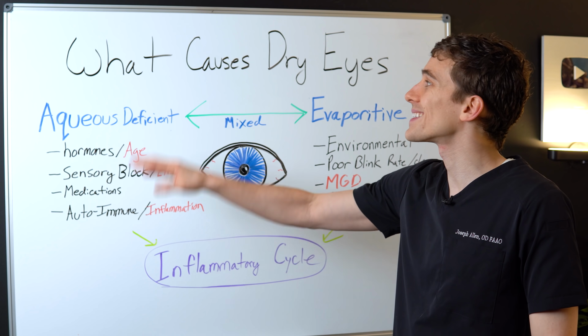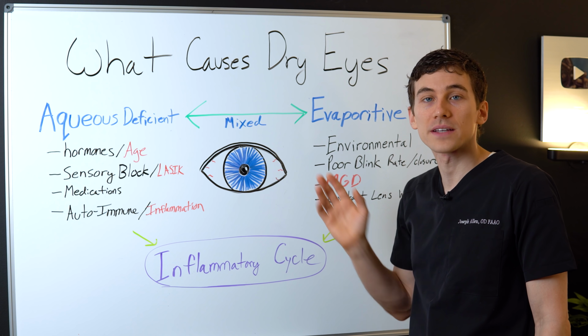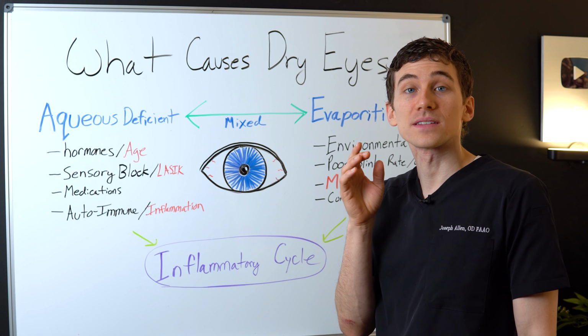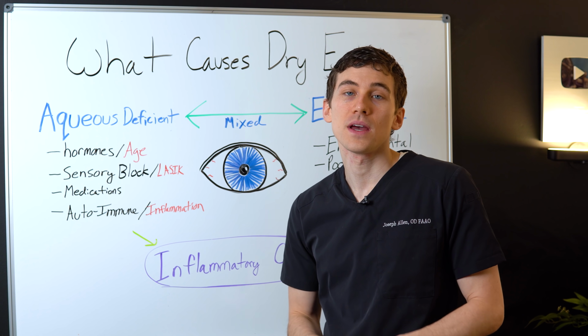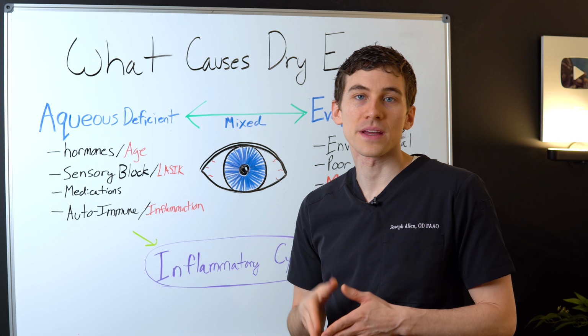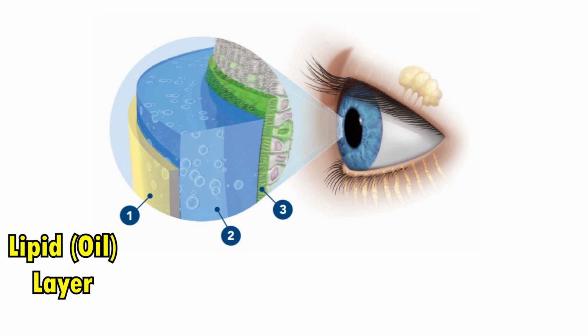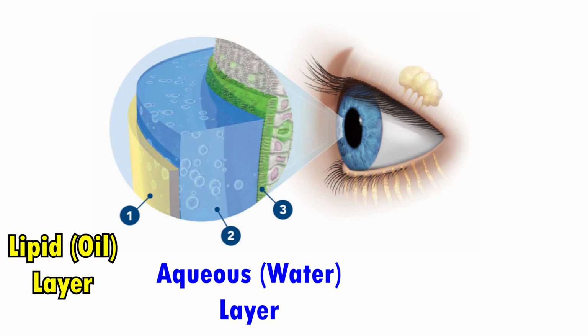So when it comes to understanding exactly what causes dry eyes, the first thing that we want to review is the contents of the tear film. The easiest way to think of the tear film is in three layers. There's the lipid layer, which helps protect your tears from evaporating. There's the liquid component of the tears called the aqueous layer of the tear, that's mostly water. And then you have the mucus layer of the tear film, which kind of binds the aqueous or liquid component of the tears to the surface of the eye.